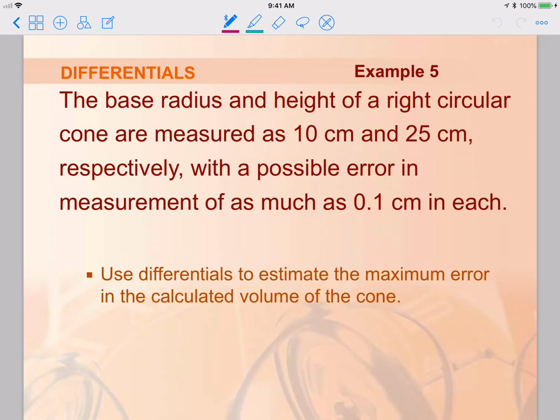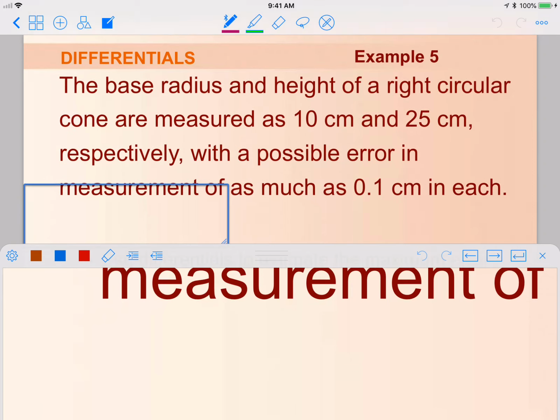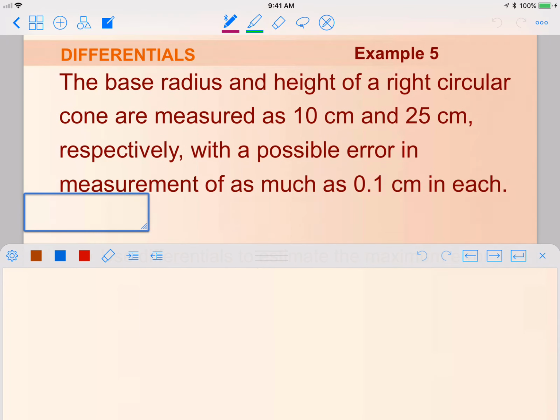Okay. And let's look at one more example here of using differentials. The base radius and height of a right circular cone are measured as 10 centimeters and 25 centimeters respectively, with a possible error in measurement of as much as 0.1 centimeters in each. Okay, so now right circular cone, what does that look like? That looks something like,